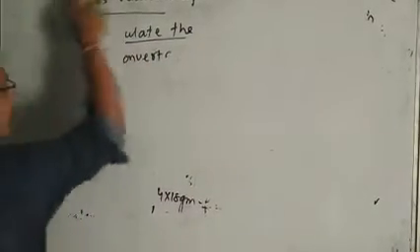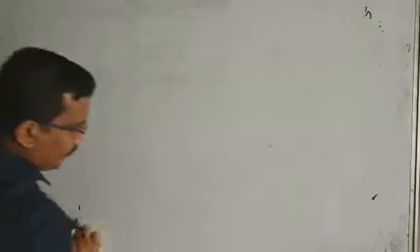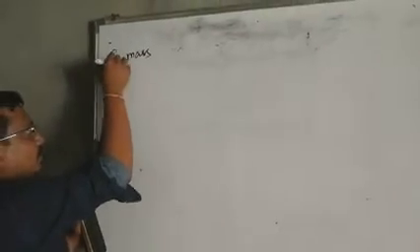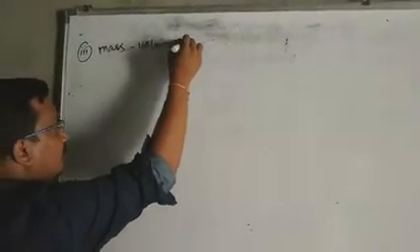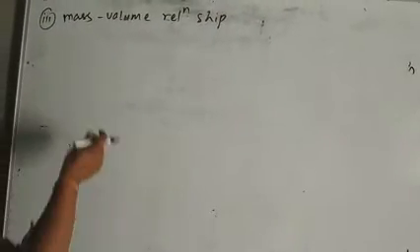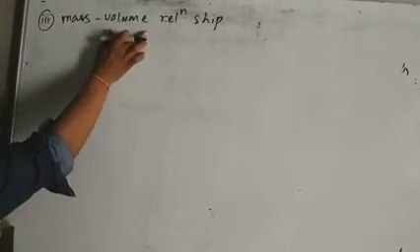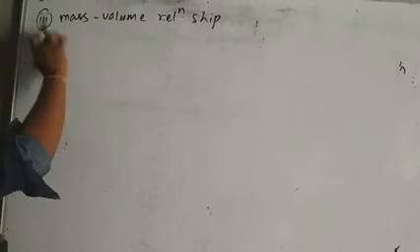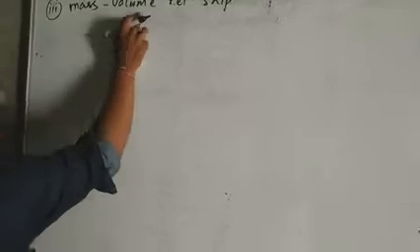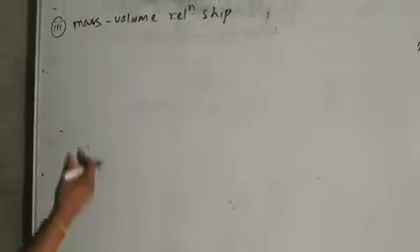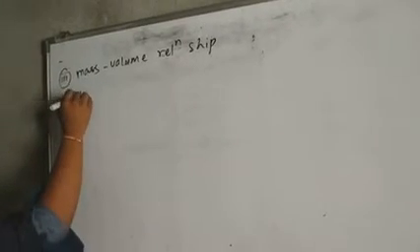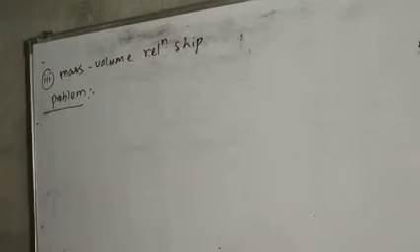Mass relationship. Next, if you think about the mass volume relationship, that means in the question mass is given and your aim is to find out the volume, or volume is given and mass is to be found. We can also write another type of relation, that is the volume mass relation. Take a problem.